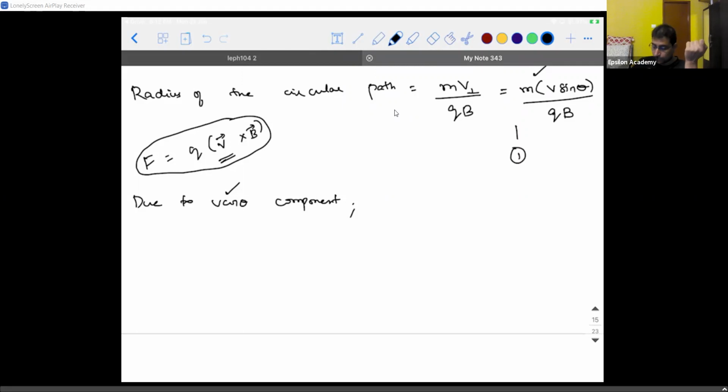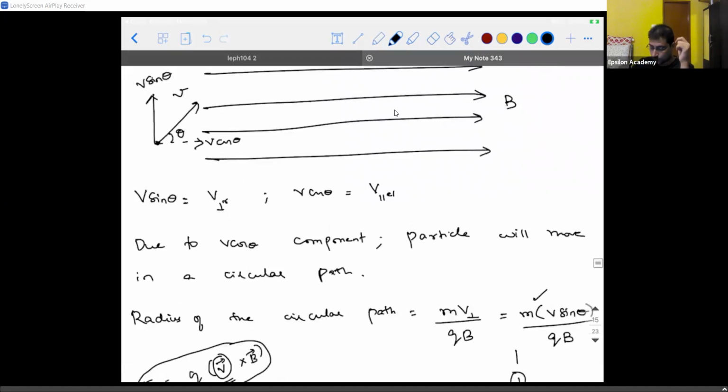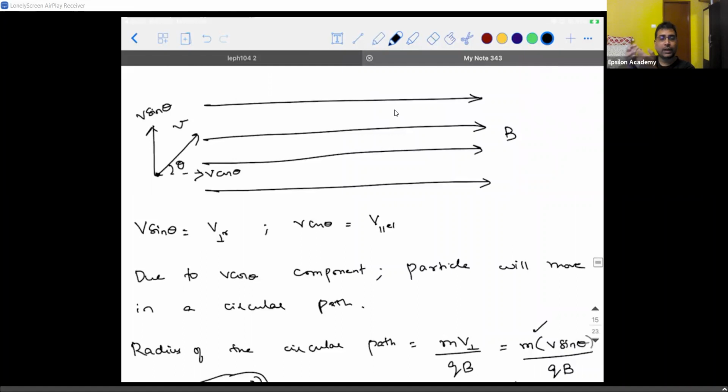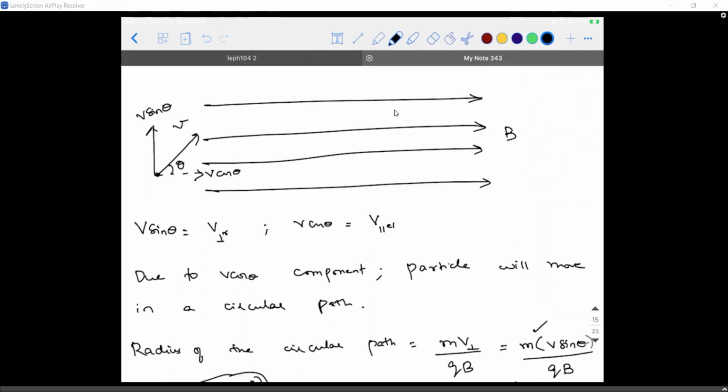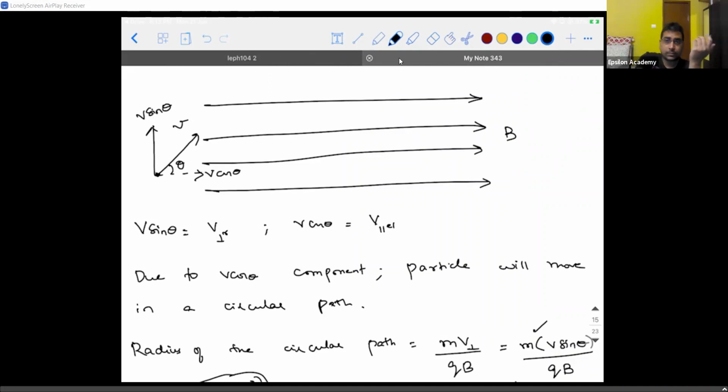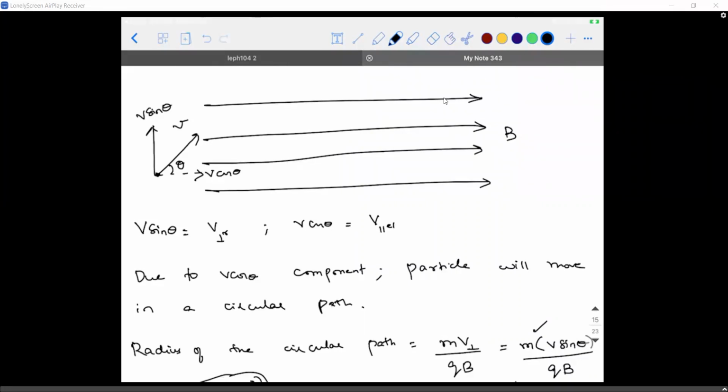What is there in this? How are the velocity vector and magnetic field related? Why is it that nobody wants to apply their thoughts? What is the angle between velocity component V cos theta and B according to the diagram? How much is it? Sir, can you just repeat the question? I couldn't hear you.